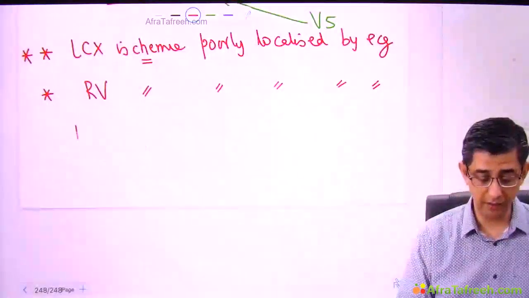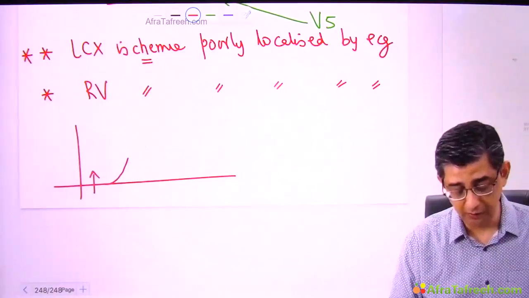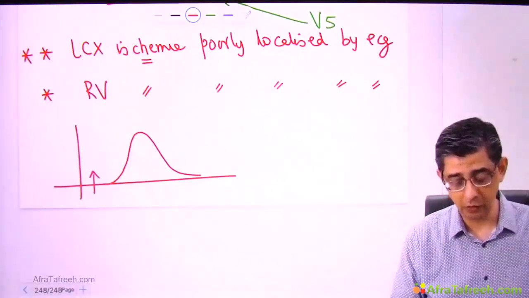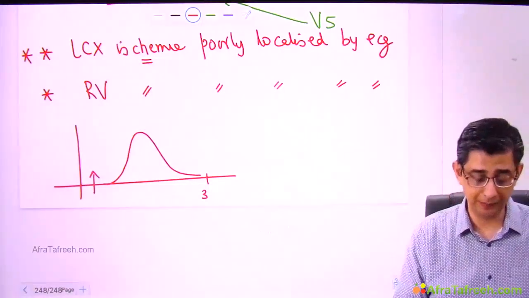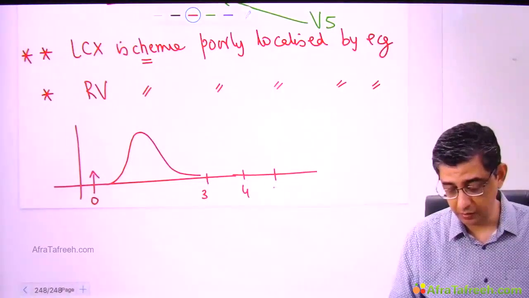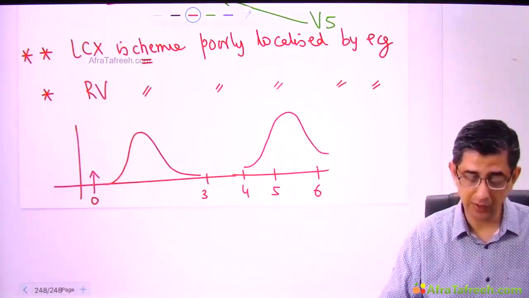Overall, I have highlighted like this: CPK-MB will become elevated by 4 to 6 hours. The values will be elevated by 24 hours and will come down by 72 hours. So if a person has, let me say, the third day, the values are coming down. If a person has a myocardial infarction on the fourth day or on the fifth day or so on, then the values of CPK-MB will again begin to rise.